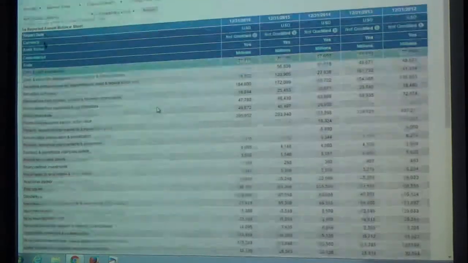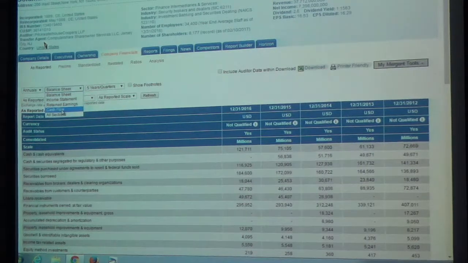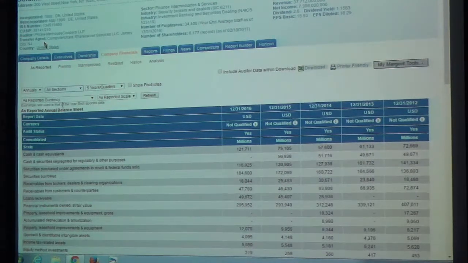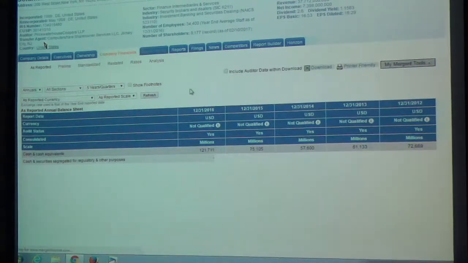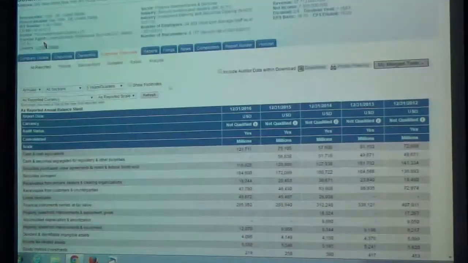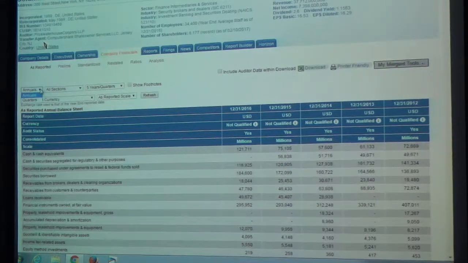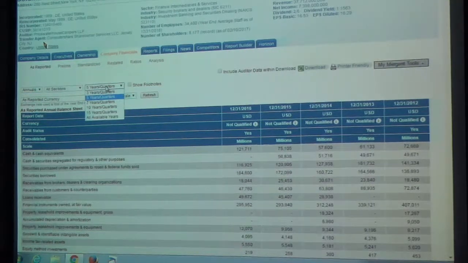Here's a lot of data. We've got lots of different options. You can look specifically at the balance sheet, at the income statement, the retained earnings, or cash flows, or what I do is I just click on all sections because I can never remember which data point is in which thing. So refresh and you will get all the data in one spot. You can also look at annuals or by quarter. So that's an important thing you want to do. And it defaults to 5 years by quarter,